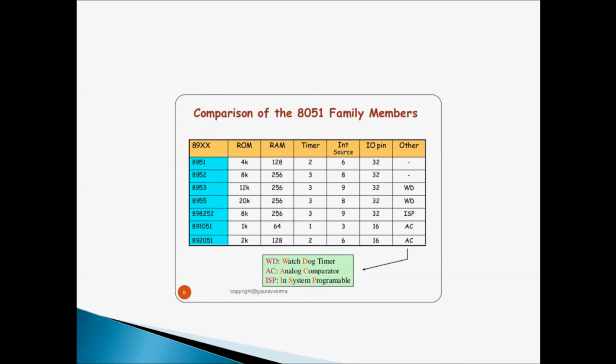Okay, these are the comparisons of the 8051 family members, which are